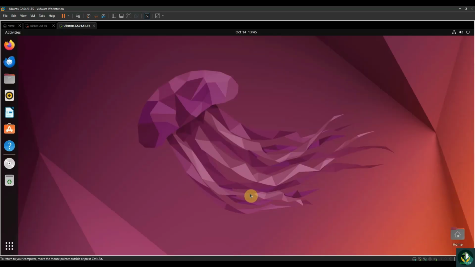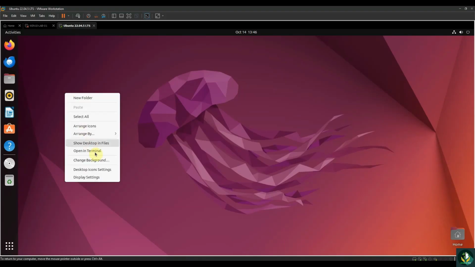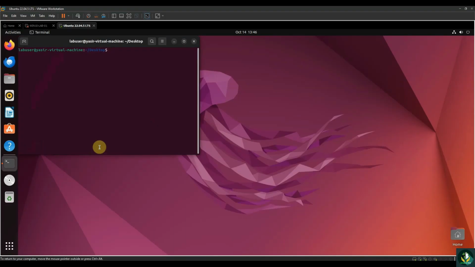Let's talk about why we're adding a Linux machine. For example, in a real world environment, Linux often runs web servers, application servers, or even security appliances. Collecting logs from Linux gives you visibility into SSH logins, privilege escalations, and syslog messages, all crucial for detecting suspicious activity. Once logged in, open a terminal by right click and open in terminal and test your internet connectivity by